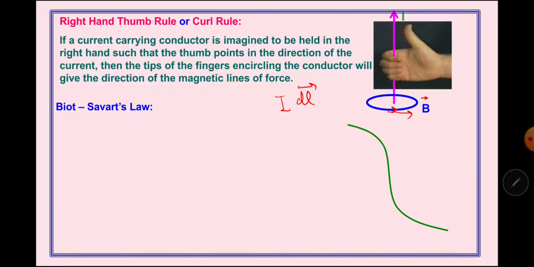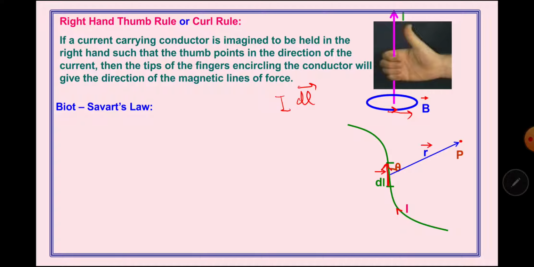Students, we are considering a current carrying conductor as shown, through which the current is flowing in the upward direction, and we have considered the value of current to be I. Then we consider a point P, which is the point of observation, and a small element dl. So this will become our current element I dl, whose direction will be the same as that of current. The distance of the point of observation from the current element is r, and the r vector is making an angle theta with the dl vector.